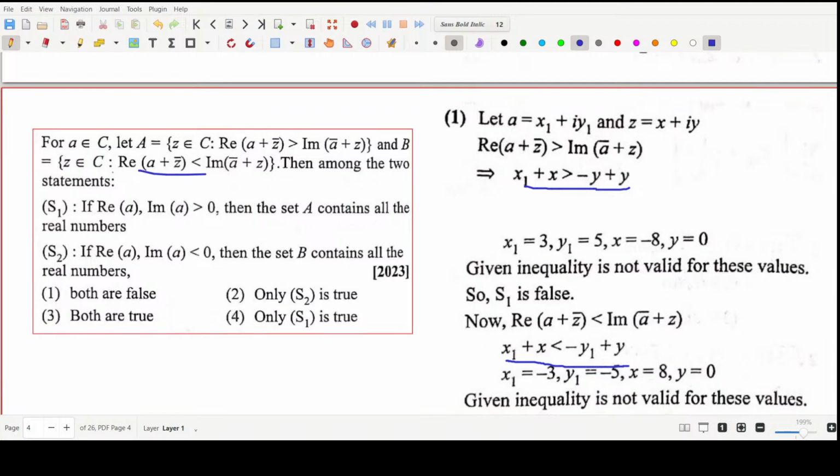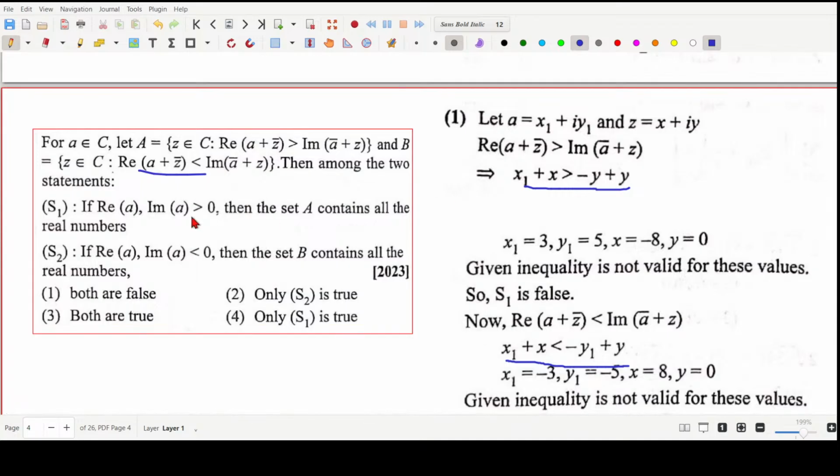Now what exactly is he saying? If these conditions are satisfied, then this set S1 will contain all real numbers. That's what he's saying. Agreed? So what does that mean if we can prove some real number